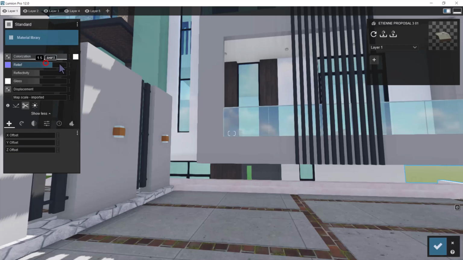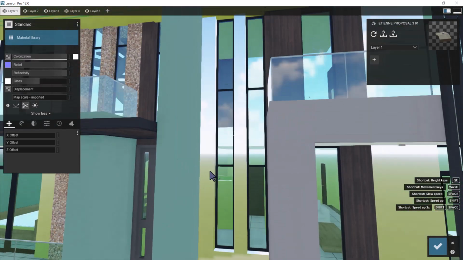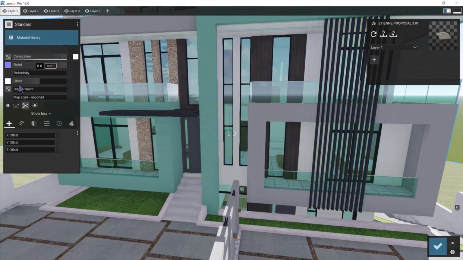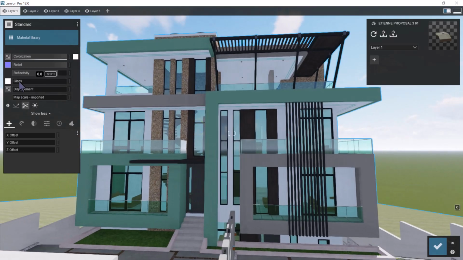And then I can maximize the relief, the reflectivity. As you can see, it has a reflection that is really weird. But if I minimize this reflectivity, you see the changes. And then if I minimize the glossiness, you see I can have a real